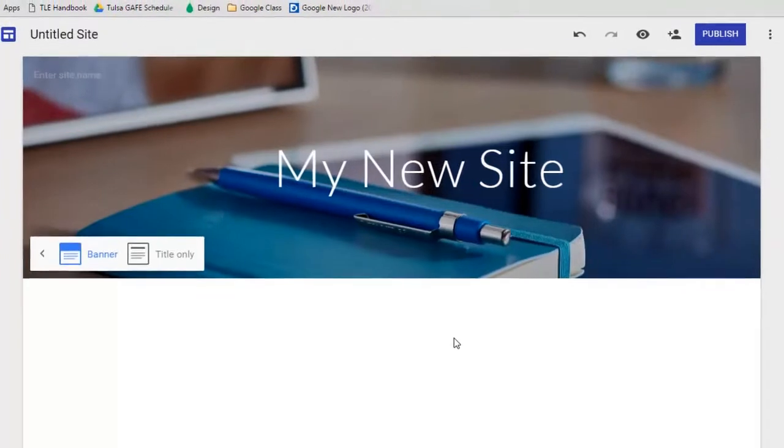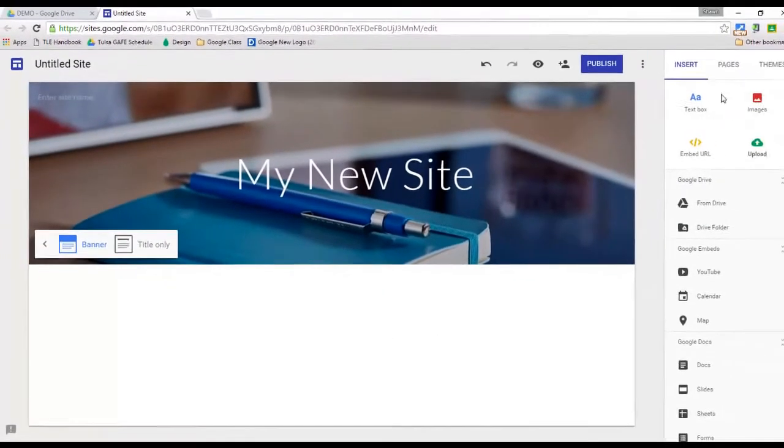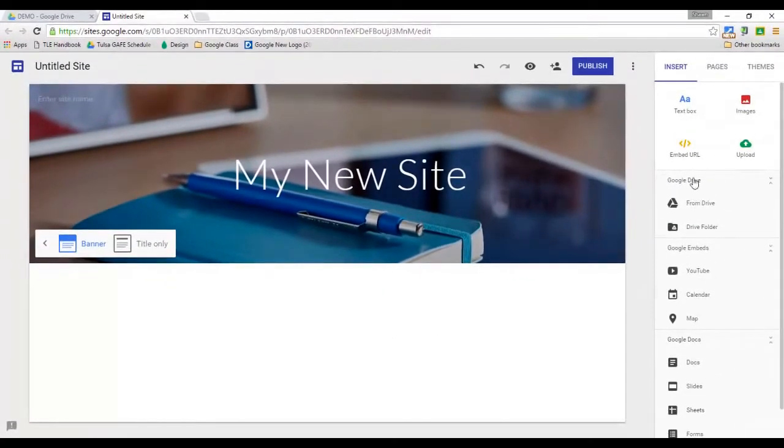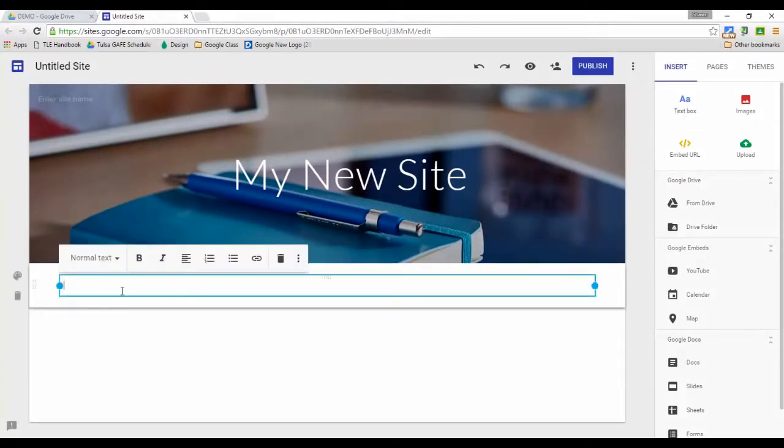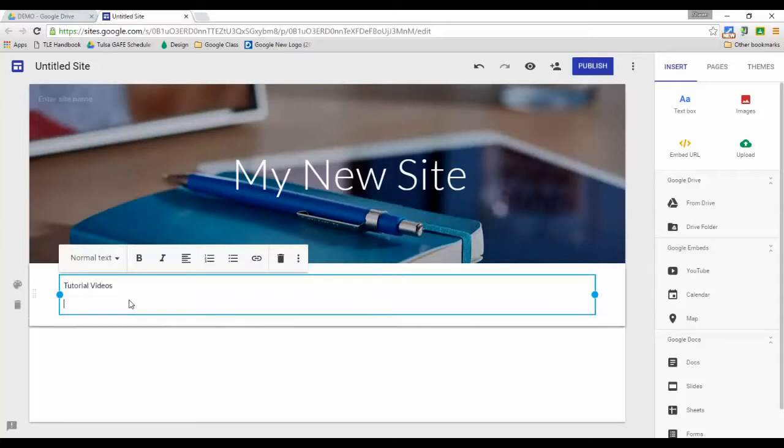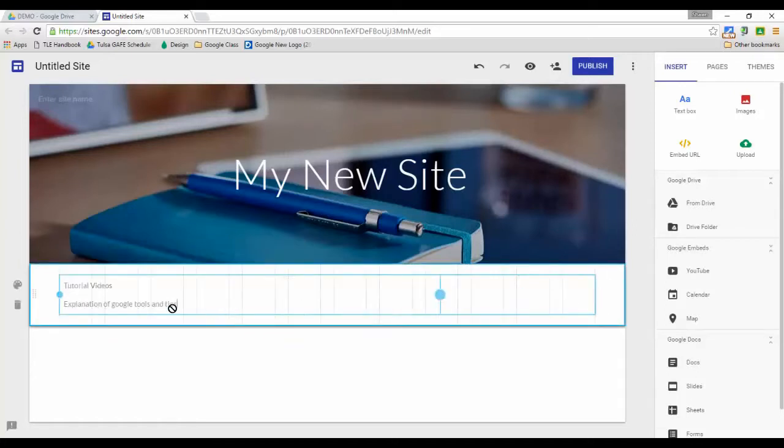And then when you're ready to add content to your site, all you have to do is just go over here to the right. As I've said before, we can quickly add a text box just by clicking on the text box icon. One pops up and we can add content to our page. So I'm going to add a section for tutorial videos, and we'll drop down and give a little explanation. And then we can resize this as we want